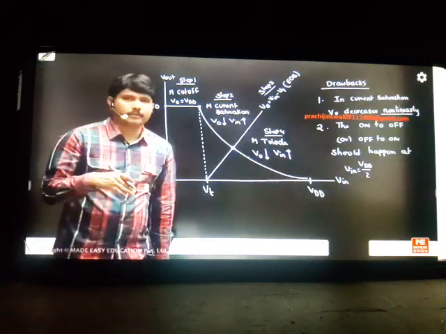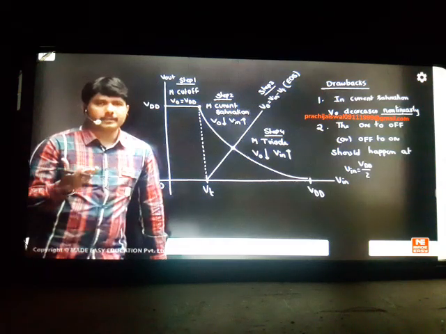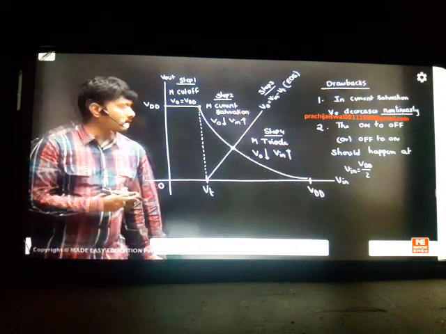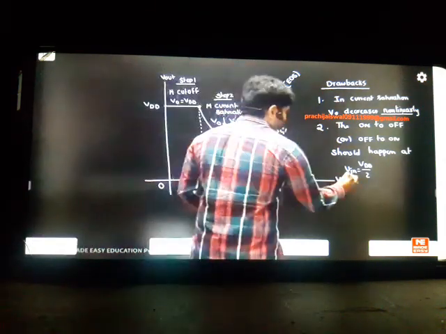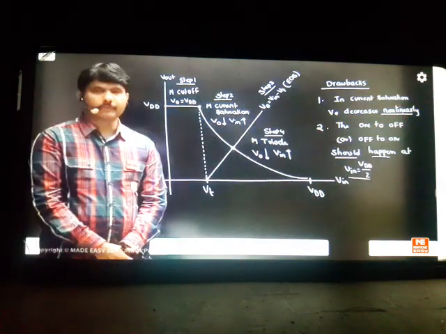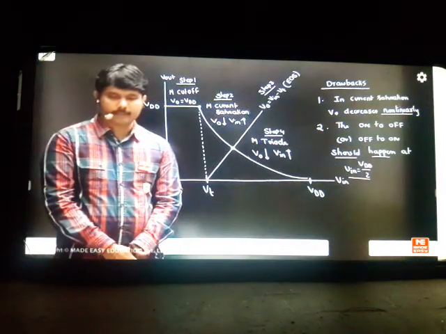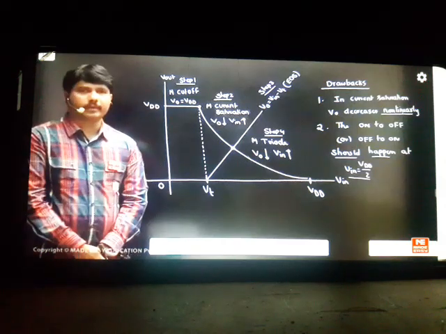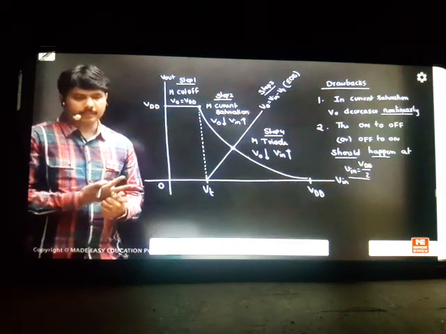But here, after VT, the MOSFET comes immediately into on, which is in current saturation. After that, it goes to the triode. So that is not a good idea. These two things are not happening. These are the two drawbacks we are getting. So how to improve this is important today. The first idea is a failure idea. NMOS is an inverter, but it's not a good inverter according to our ideal inverter behavior. Okay? Who is understanding this point?